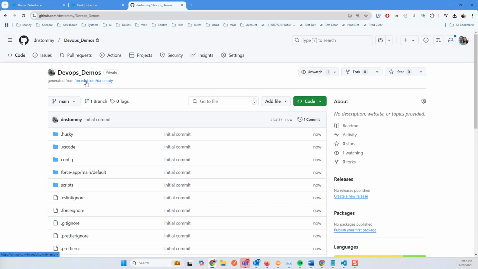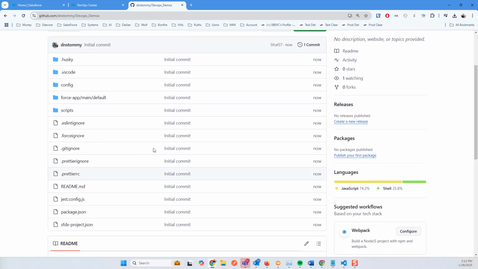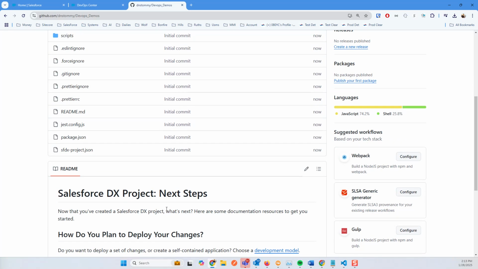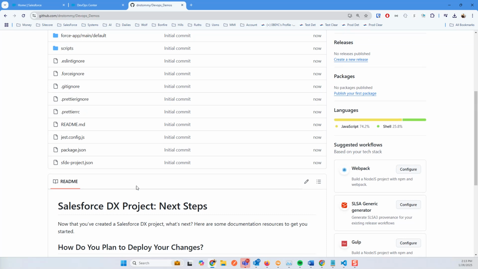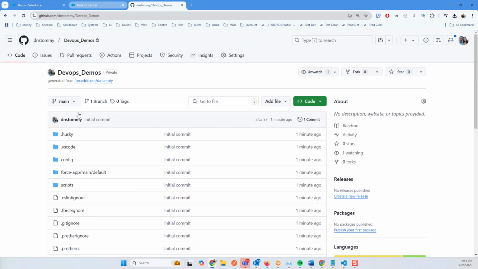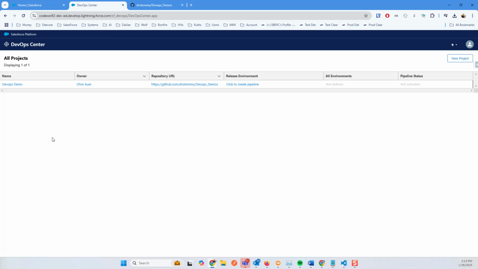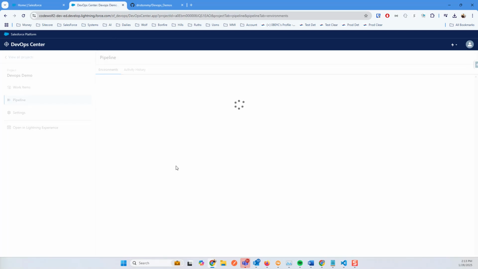We'll see that it's already got all of it built out. You can see where it came from initially. It was forked off of this DX empty, but it has all the things that are needed to make a Salesforce DevOps run, specifically this sfdx-project.json, which has all the information in it. But it creates all this for you just by connecting to it and specifying it. So we can come into this DevOps, and we can create all of our swim lanes,